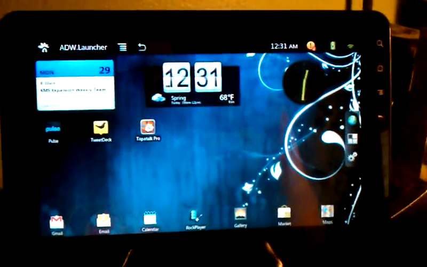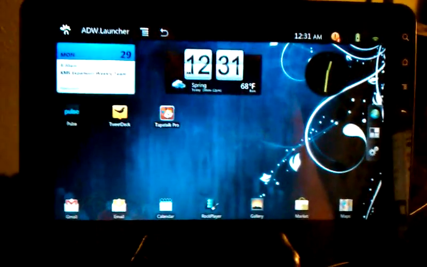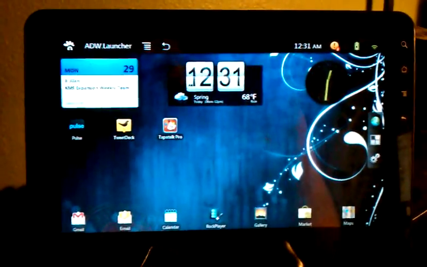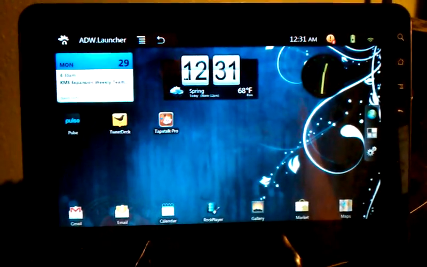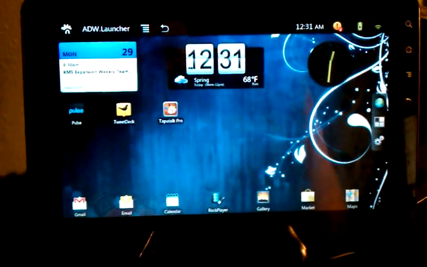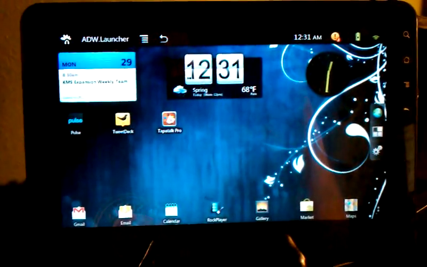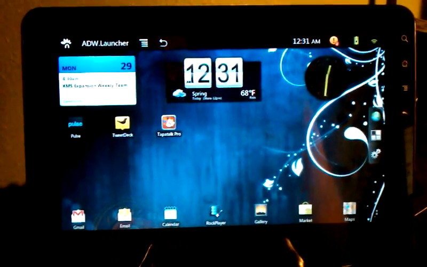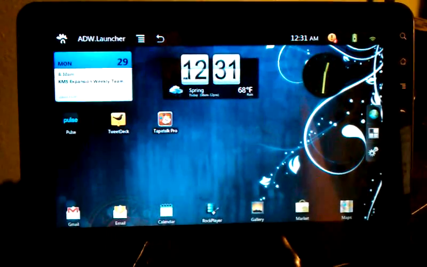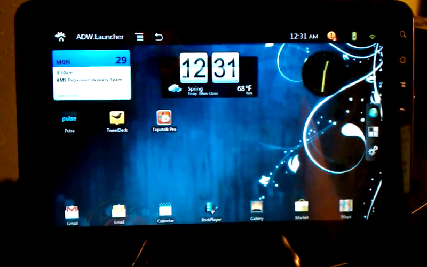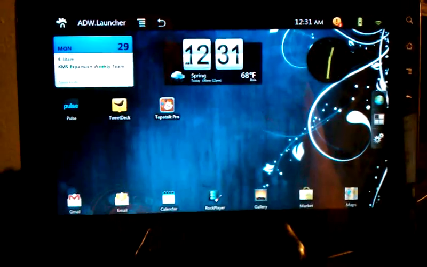This time what I want to do on my GTab, which is running just the TnT Lite 2.00 by Robeat, is go through a couple of the features I have on here. I've had a lot of requests via email, through the YouTube page, and also through PM to go through some of the features that I have installed on here, just so that people can see how they work.